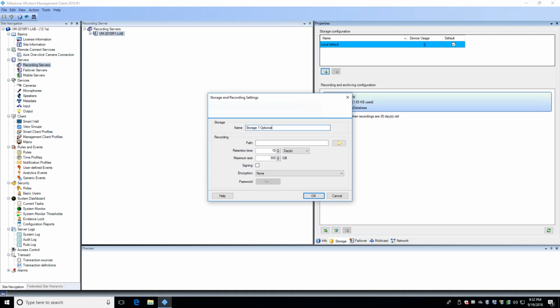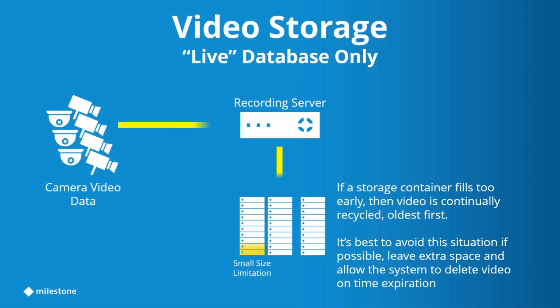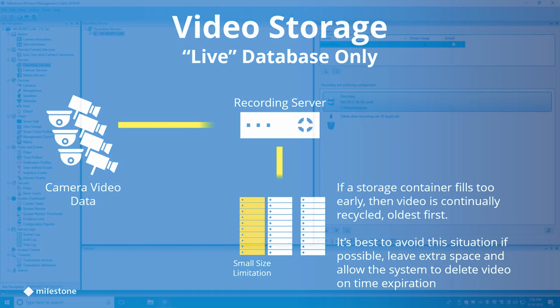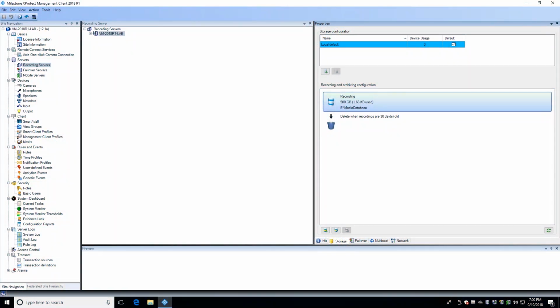In the event a storage container fills before the retention time is reached, video will be deleted on a first-in, first-out basis. It's best to avoid this situation, however, because it increases disk activity by making the system delete video more frequently. Instead, it's better practice to ensure that you have extra available space in your storage drive that's never quite filled. Setting up storage in this way is the simplest and least expensive method, but comes at one